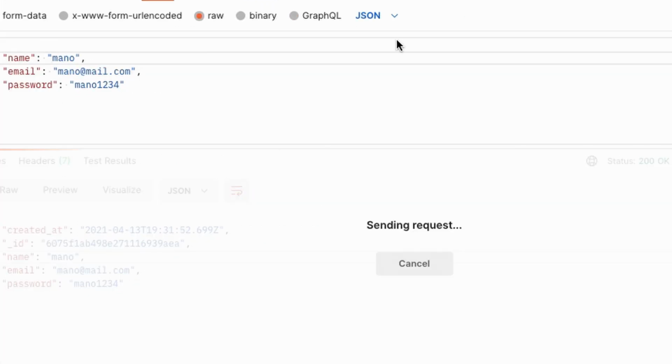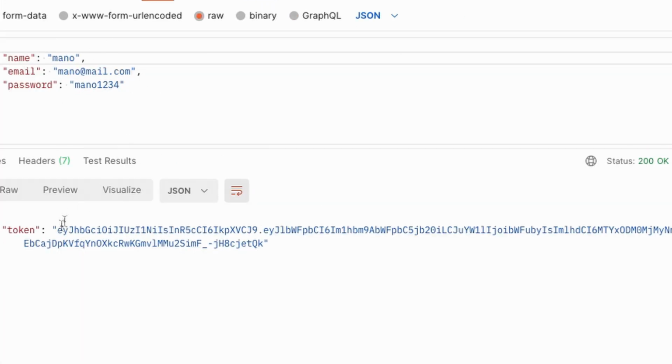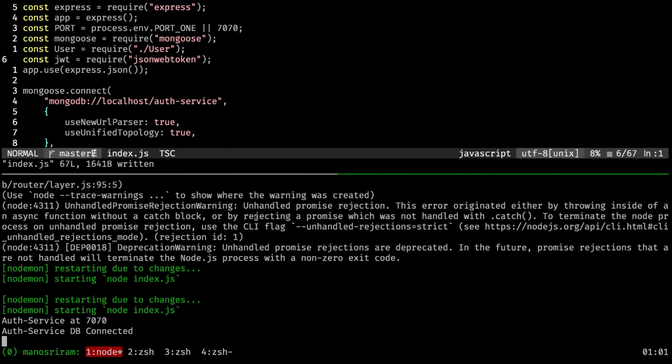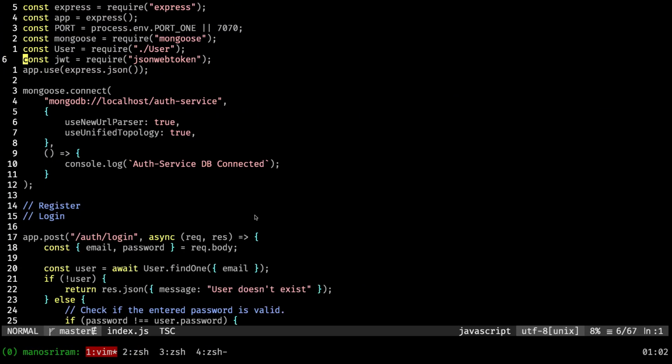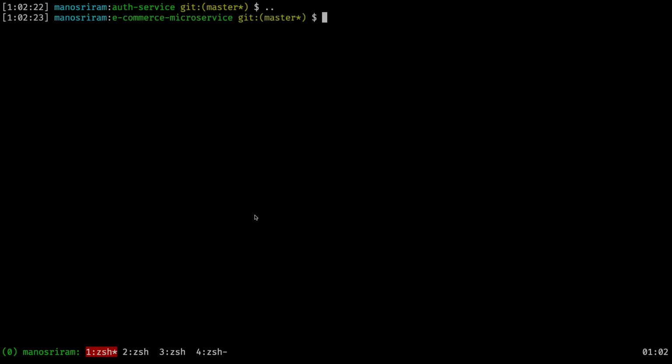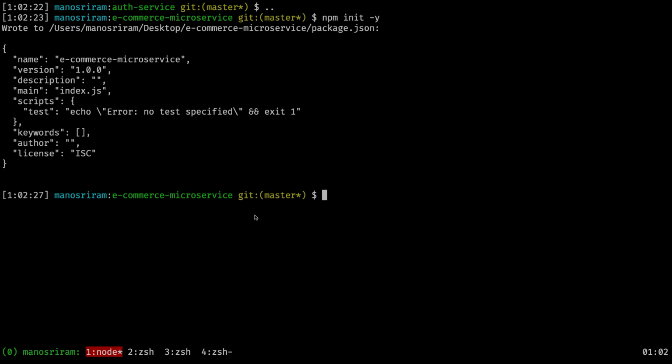We'll be sending the email and password. So we get the token now, right? So we can use this token to authenticate the request for other services as well. So for that, what I'll be doing is, let's kill this. I'll just come out, and at the root of the service, I'll initiate a new package.json, and I'll install